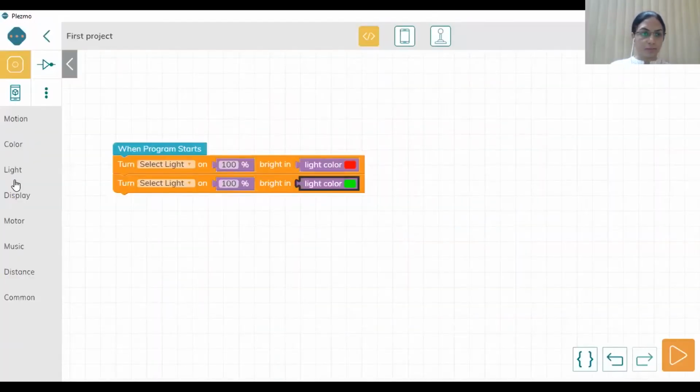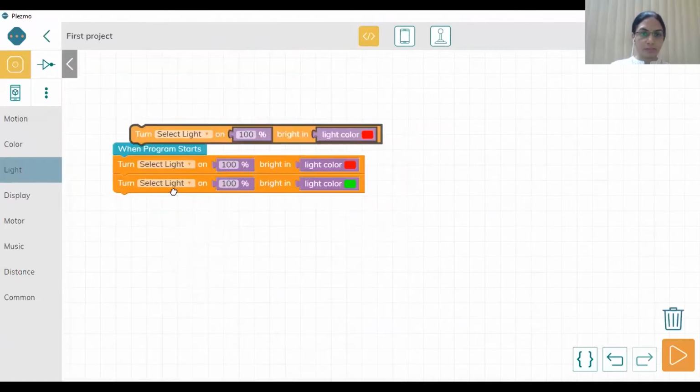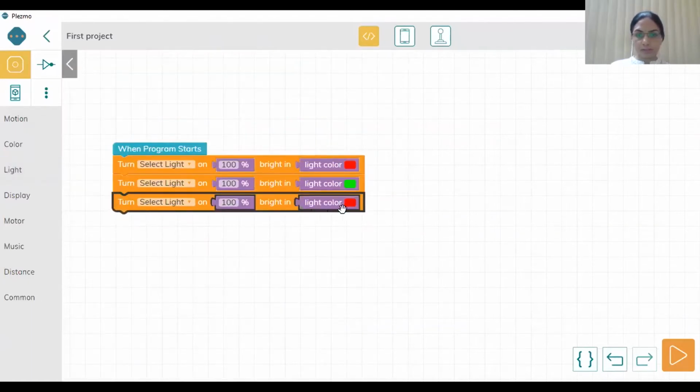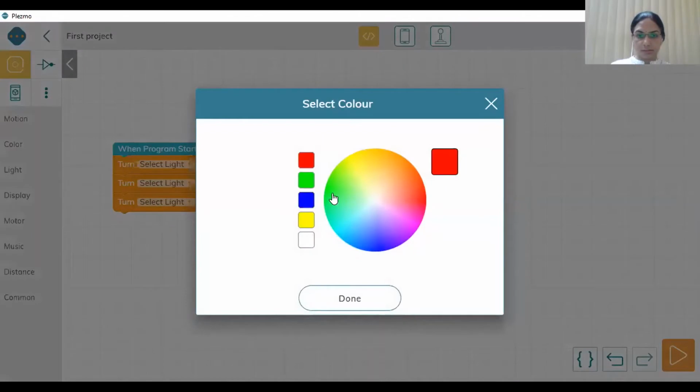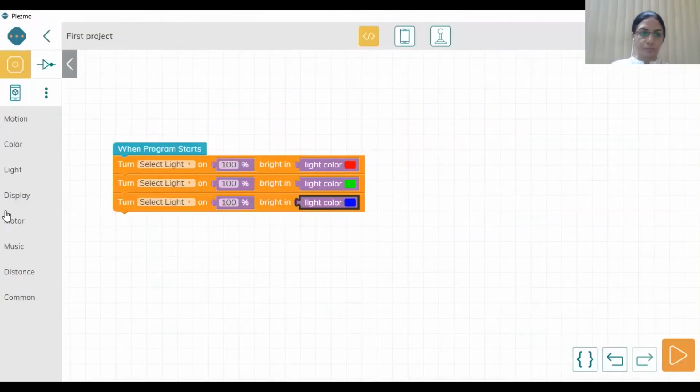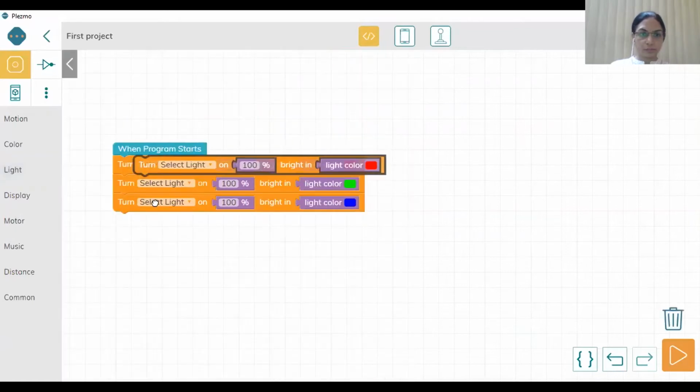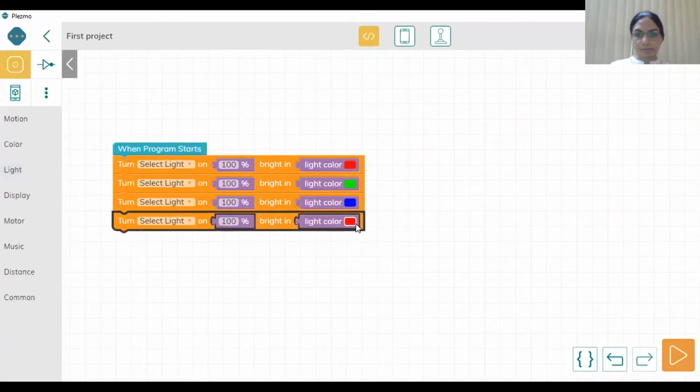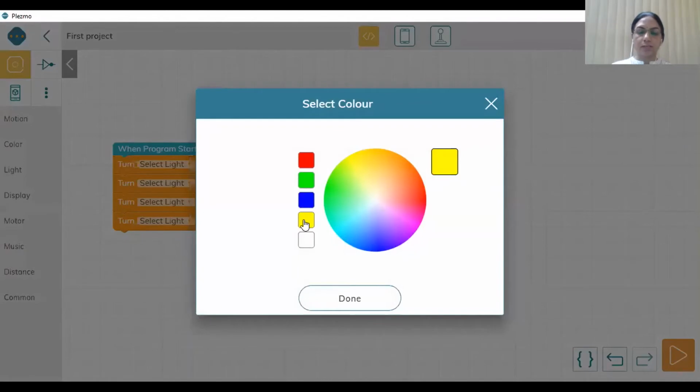Done. Next is again light, turn the light, you can choose any color, blue. Then again light, then yellow, for example. Actually, you can use any color. For example, if I click here, it is coming white, blue, purple, anything else. I'm taking yellow here.